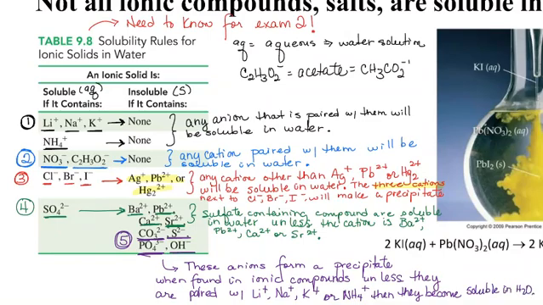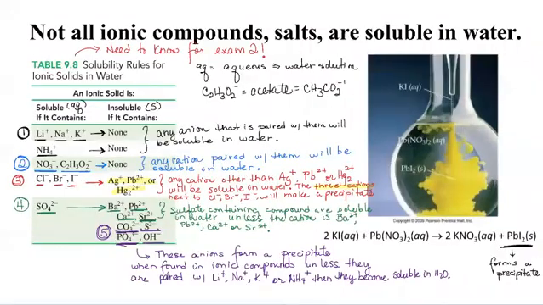Okay? So you guys need to know all of these rules for exam 2. If you're given an ionic compound, you need to know if it's going to be soluble in water, okay, or not. So let's go back to the example that we have on the right side of the slide